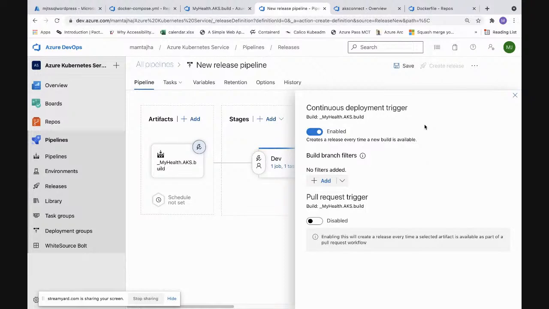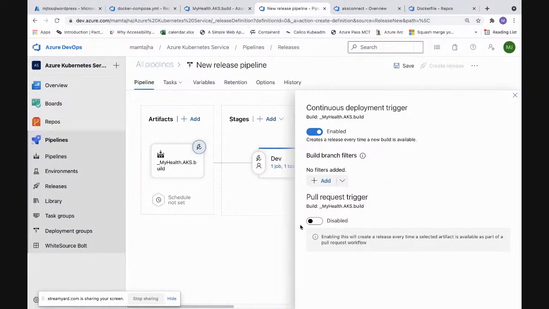Now, there was a question some time back in the chat I saw: what would happen if the build fails? Nothing would happen. The build would fail and it will mark it as red. You will get an email saying that your build has failed. Whoever has subscribed to that build pipeline, everyone will get a notification that the build has failed and you need to take corrective measures to make that build pass. That's what you can do.